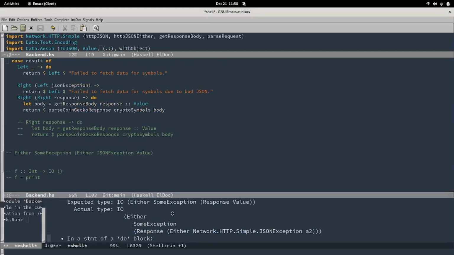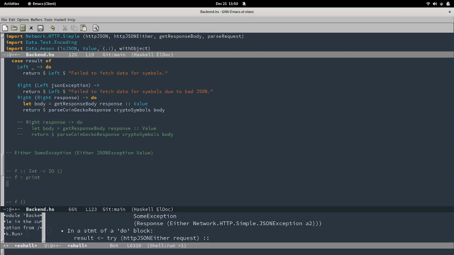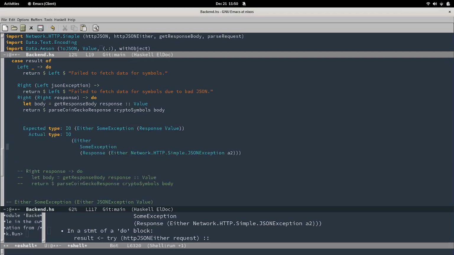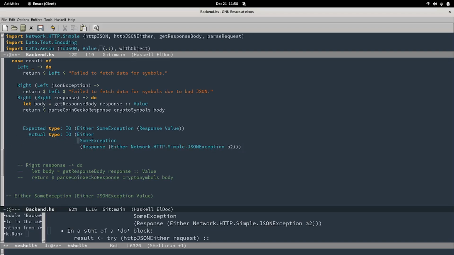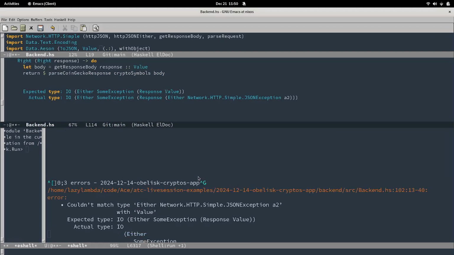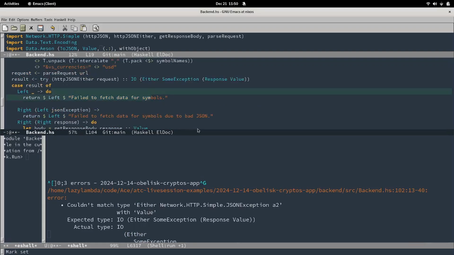We have expected versus actual. And I just want to line this up. So I find visually this helps me to figure out what is the difference here. So this is just saying that it was expecting an IO at 102. Oh, okay, so it's a different line. At 102,